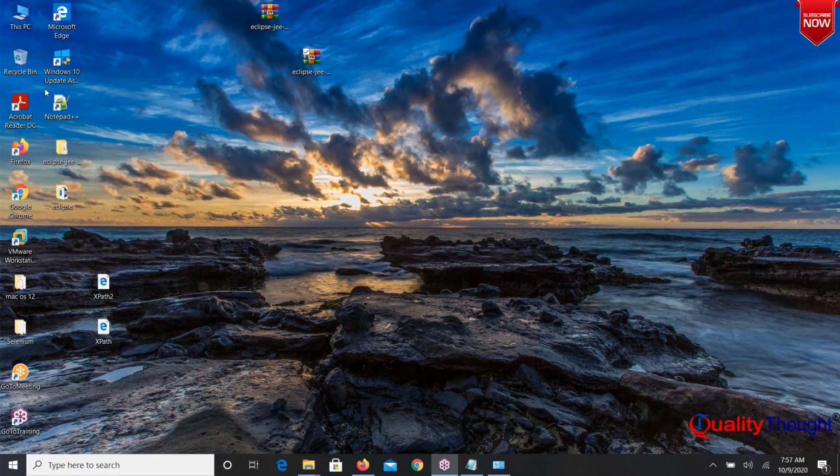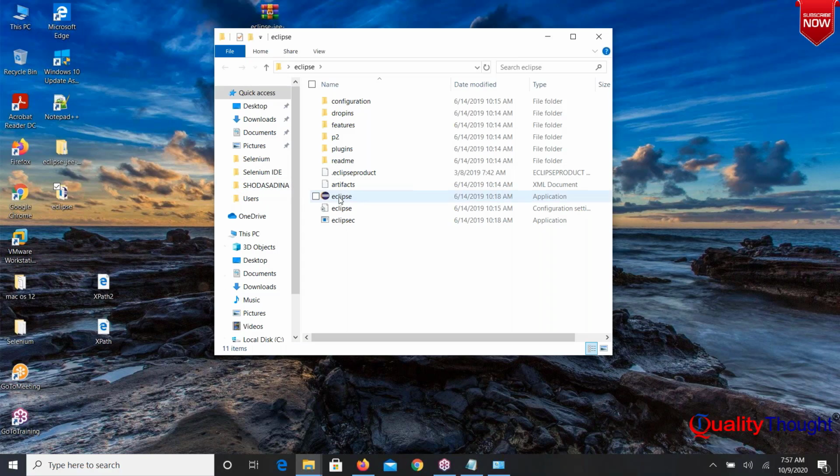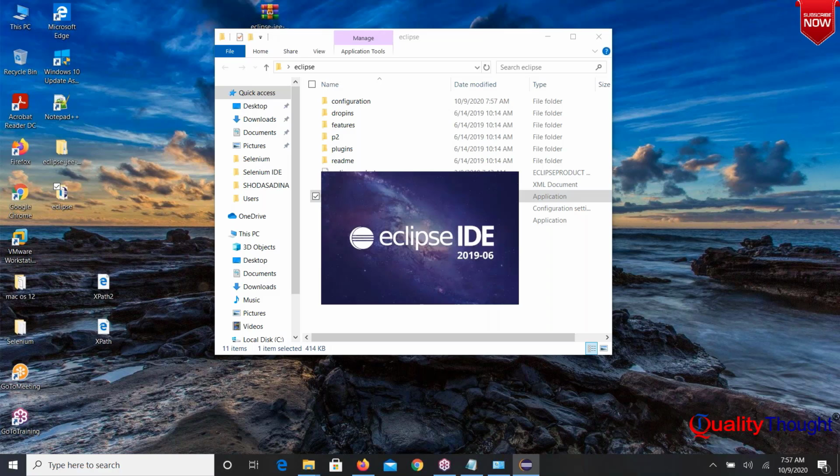After extracting, we'll get Eclipse folder. Open Eclipse folder. In Eclipse folder, we have an Eclipse icon. Simply click on Eclipse icon. Double click on Eclipse icon. Once you double click Eclipse icon,